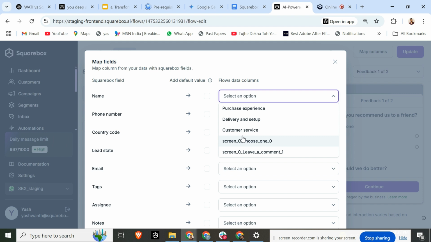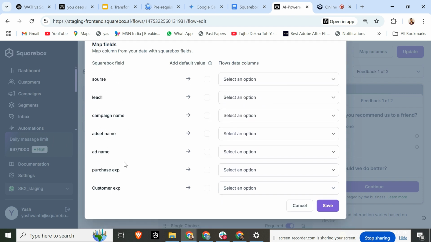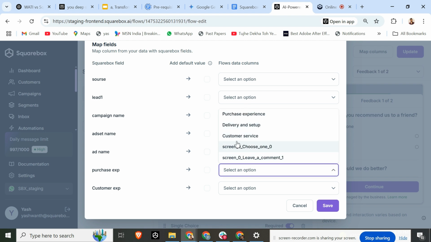We added some of the questions on the flow side. These are all the data that is visible on the right side. On the left side, all the things are custom columns that we created in Squarebox. For example, I have created some custom columns like purchase experience and customer experience. And if you want to add any, for example, customer service is missing, and you want to add any of the flows data in the custom columns, all you need to do is